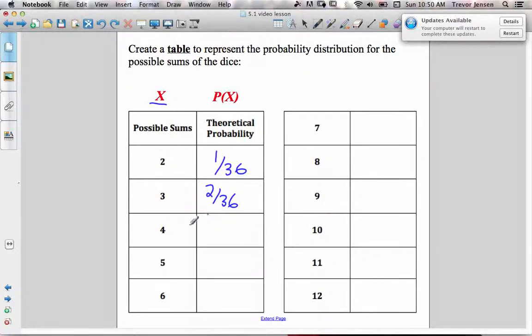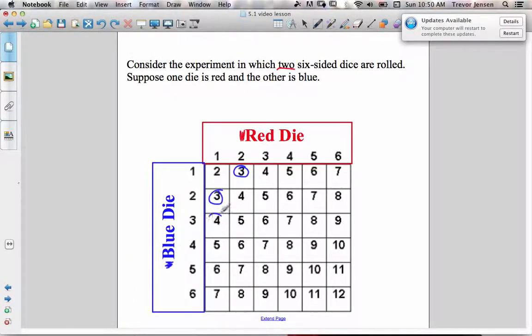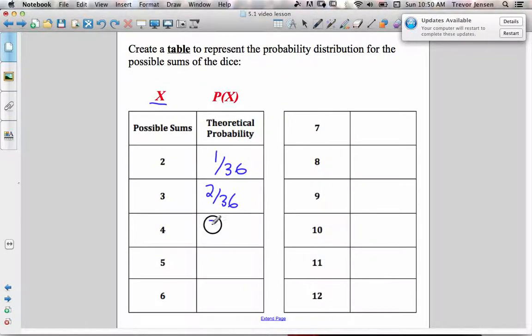How many ways could you roll a 4? Well, in your outcome table, you see 3 ways you could roll a 4, so 3 out of 36. You could roll a 3 and a 1, or a 1 and a 3, or a 2 and a 2. How about a 5? Well, you would see that there are 4 outcomes that have a sum of 5. So 4 out of 36. You could roll a 4 and a 1, or a 1 and a 4, 3 and a 2, or 2 and a 3. And then for 6, and so on, you could keep going back, looking at your outcome table,